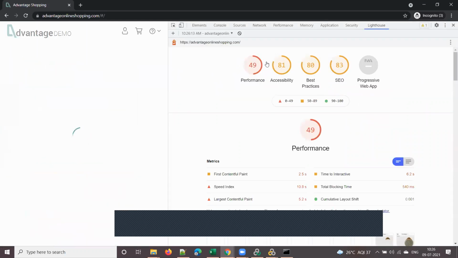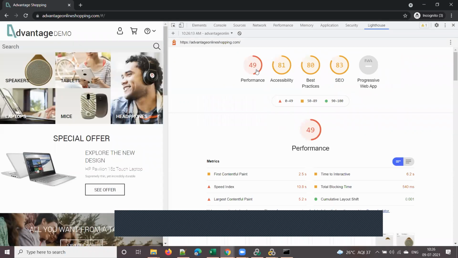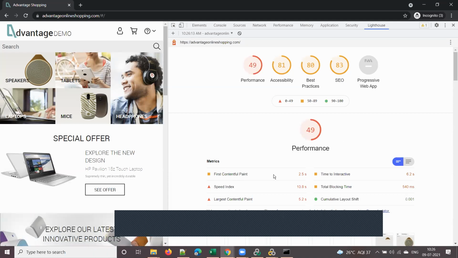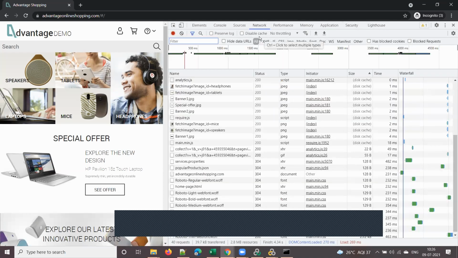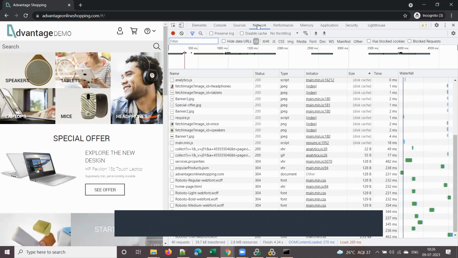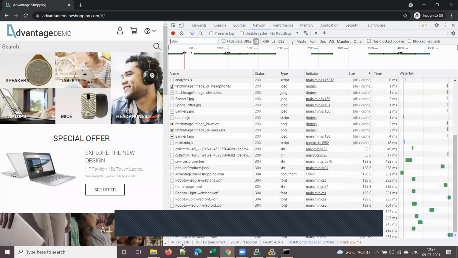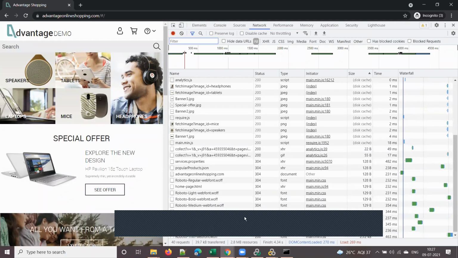See, basically it will show you how the page performance is, right? So it will give you a score. See here, it is giving a score for this page. It is giving 49 out of 100, right? And it will also give you how to improve the performance. Also, it will suggest you. Okay, so we'll not go into that now. We'll discuss that later. But for now, this network tab is important, where you can see all these details. Okay, so this page is made up of a total of 40 requests, or 40 components, right? That's what you are seeing here, right?